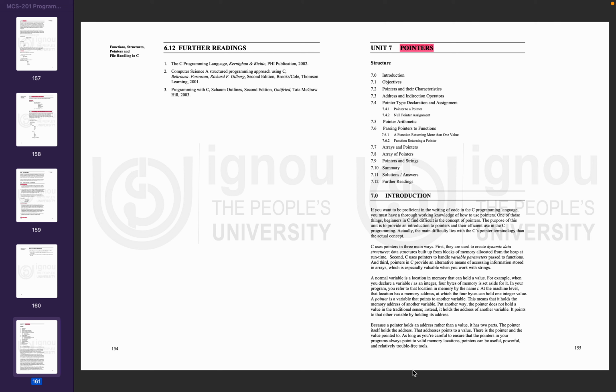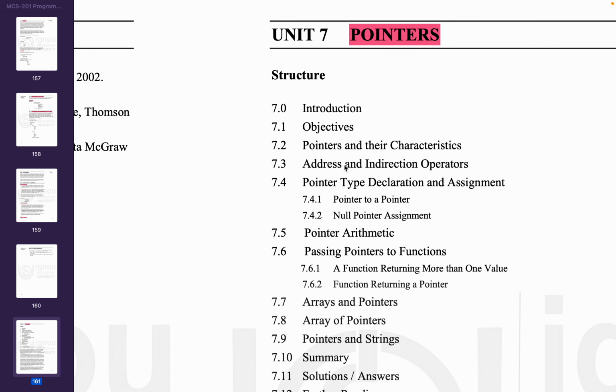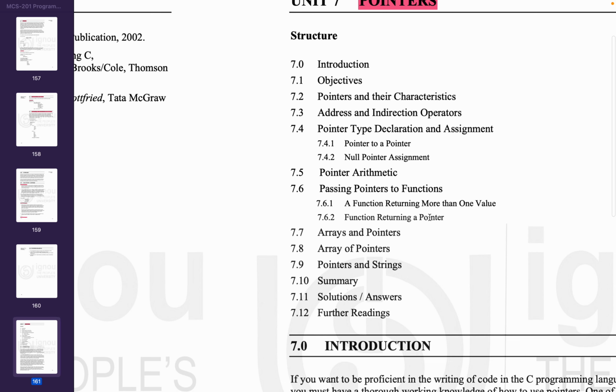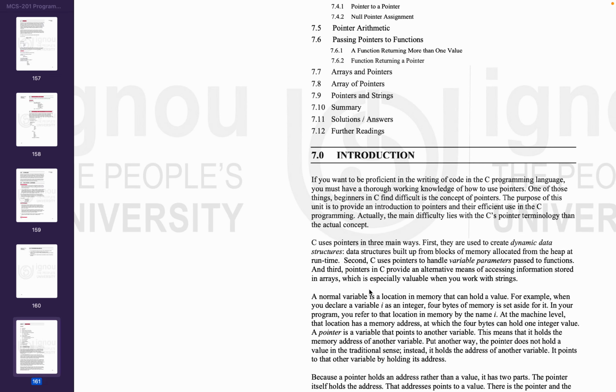ओके, तो अभी हम करेंगे MCS 201 सी एंड पाइथन का ब्लॉक 2 का यूनिट 7, जिसमें है पॉइंटर्स एंड देयर कैरेक्टरिस्टिक्स, एड्रेस एंड इनडायरेक्शन ऑपरेटर्स, पॉइंटर टाइप डिक्लेरेशन असाइनमेंट एंड पॉइंटर अरिथमेटिक, पासिंग पॉइंटर टू फंक्शन, एरे एंड पॉइंटर्स, array of pointer and string. ठीक है, तो इसमें क्या है देख लेते हैं एक बार।